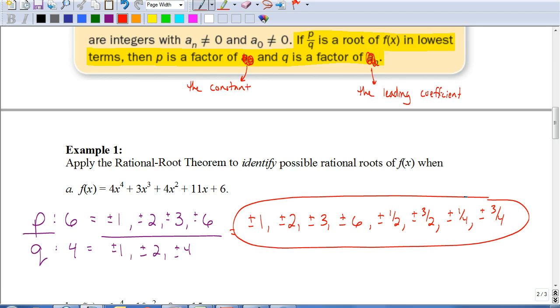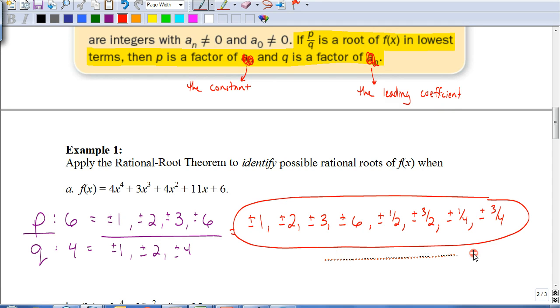Now there's a total of 16. You might say, well, there's 8. No, there's plus or minus for each of these. So in other words, plus or minus 1, so that's 2, 4, 6, 8, 10, 12, 14, 16. So I have 16 total possible. So these are all my candidates. I want to figure out of those 16 possible ones, which ones are actual